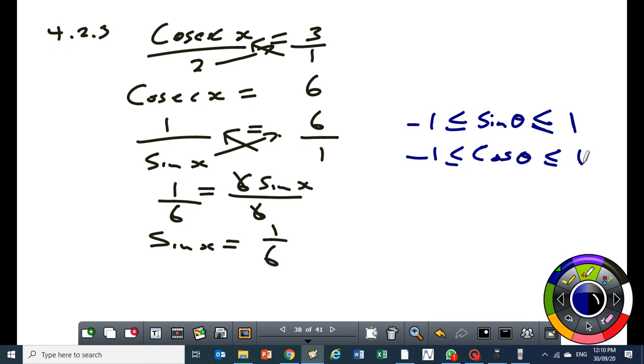That's very important because for a question like this, if you get, say, sine x equal to 6, it's wrong straight away. Your ratio, as long as you've got sine on its own on the left, the ratio on the right hand side must be between minus